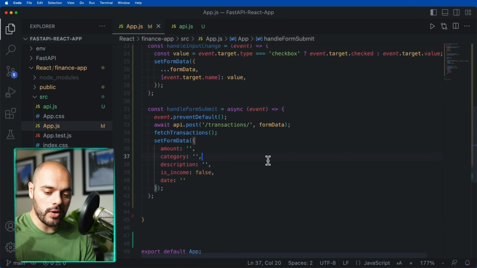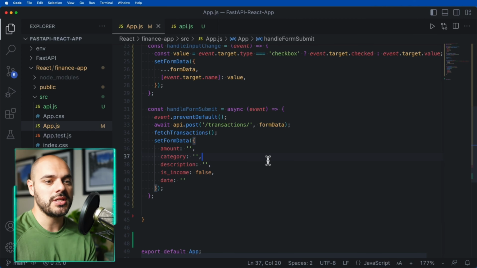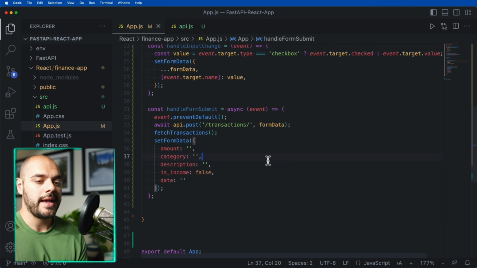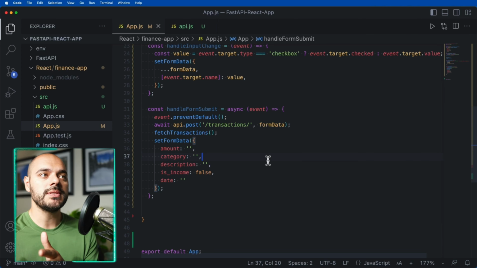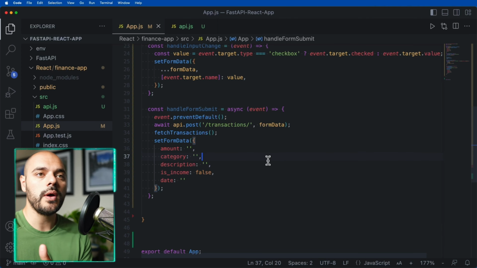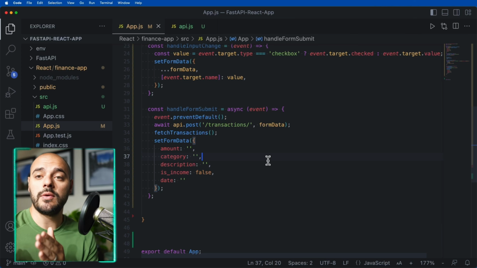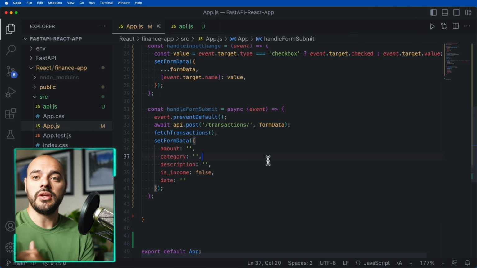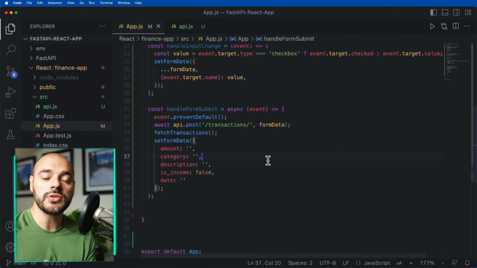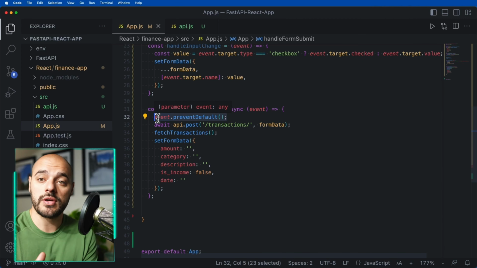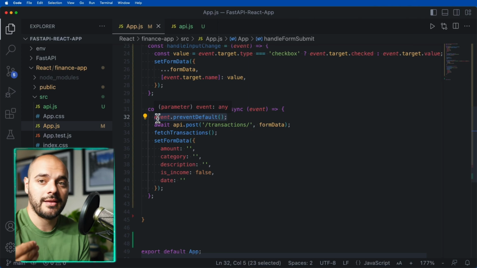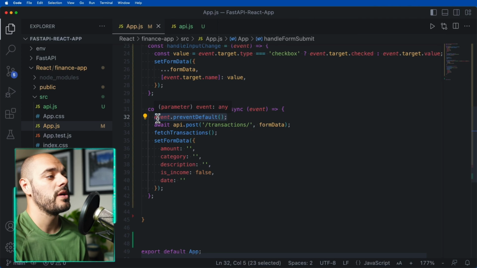So we're going to have a form where we can type in the transaction date. And once a user fills all those form fields up, those input forms, and they click submit, all of those will still stay with data. So if you type in 100 and then you click submit, it'll still say 100. And that's because we're preventing the default action of removing all of that, because we're overriding the form submission with our